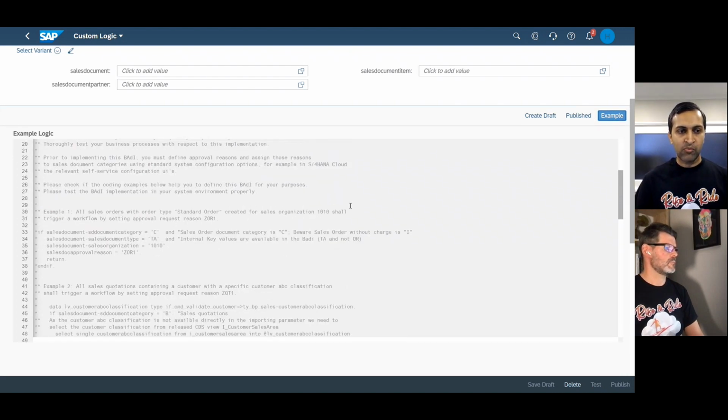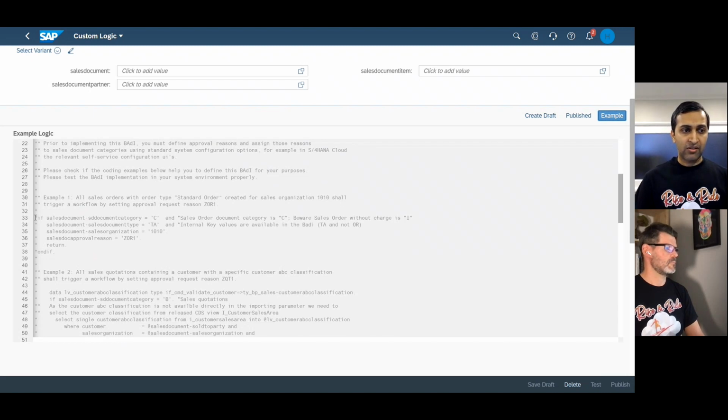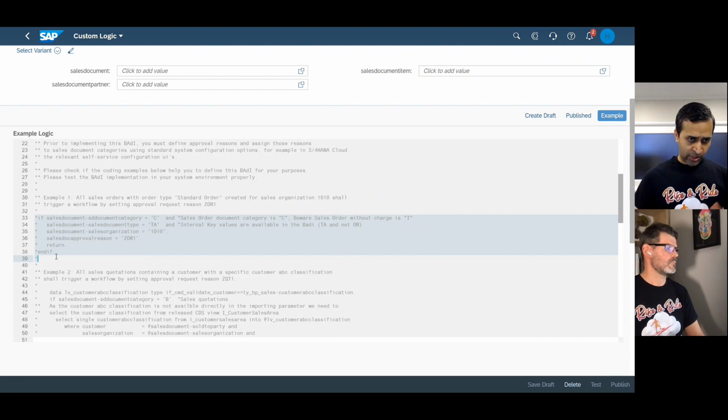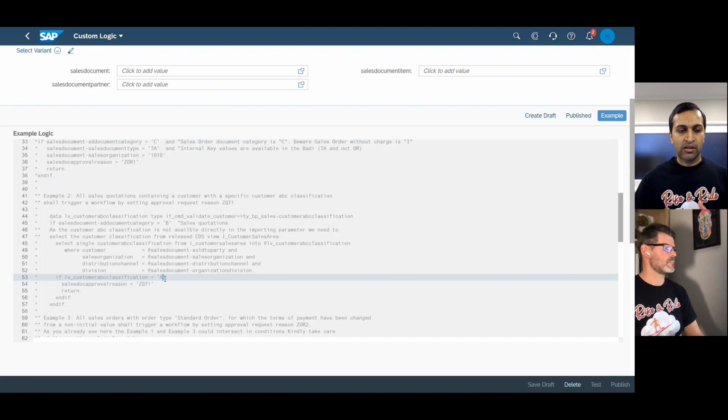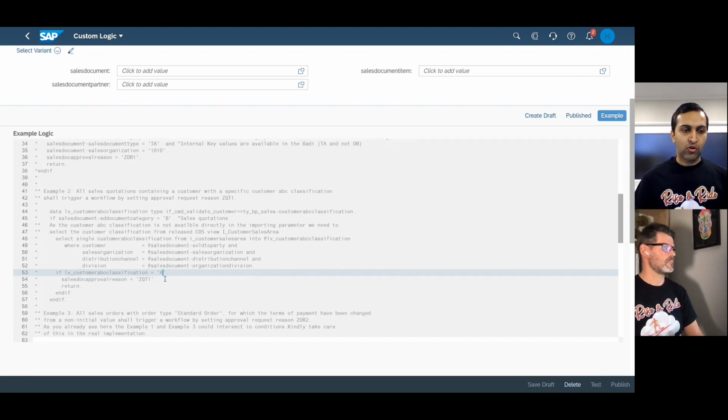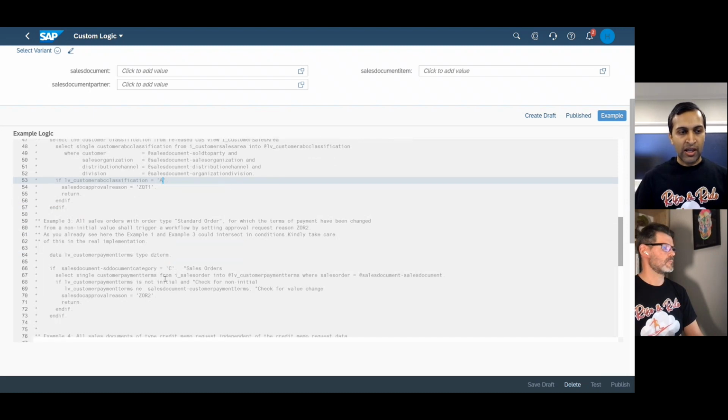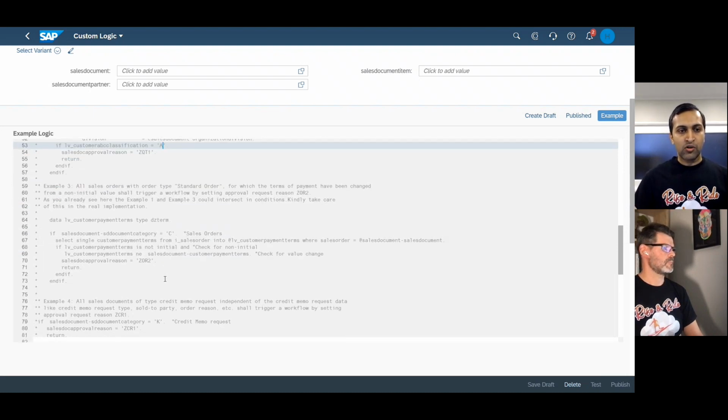And what you can see in this example implementation is 3 examples where a sales order which has been created for a particular sales organization, approval reason is set for that. The second example is where a sales quotation that has been created for a particular customer classification, in this particular case, customer classification A, goes through an approval process. And the third example is where a sales order created for a particular customer payment term